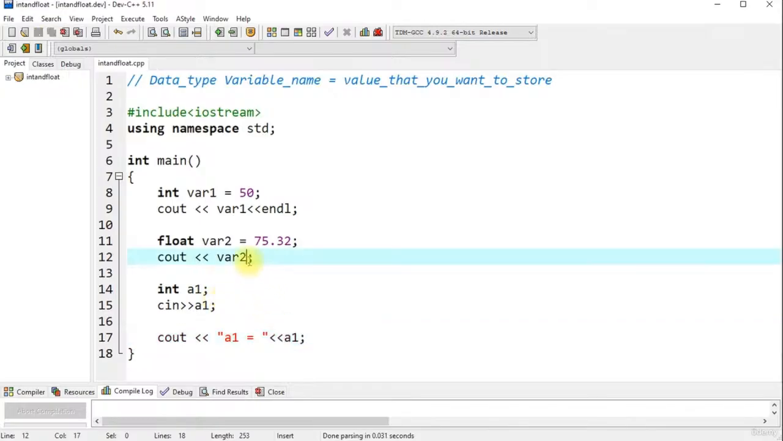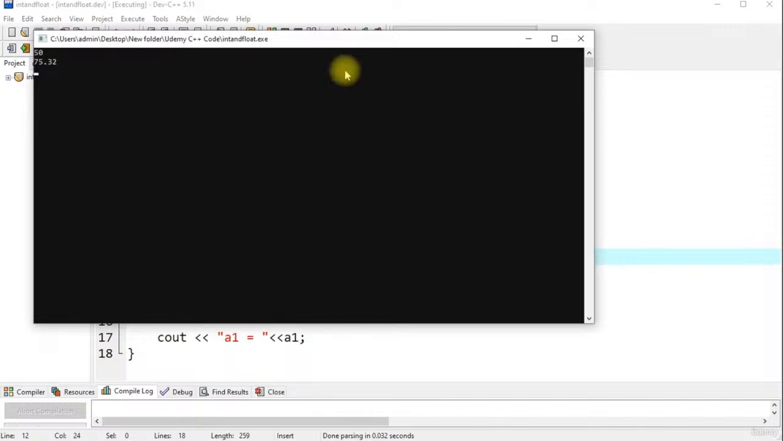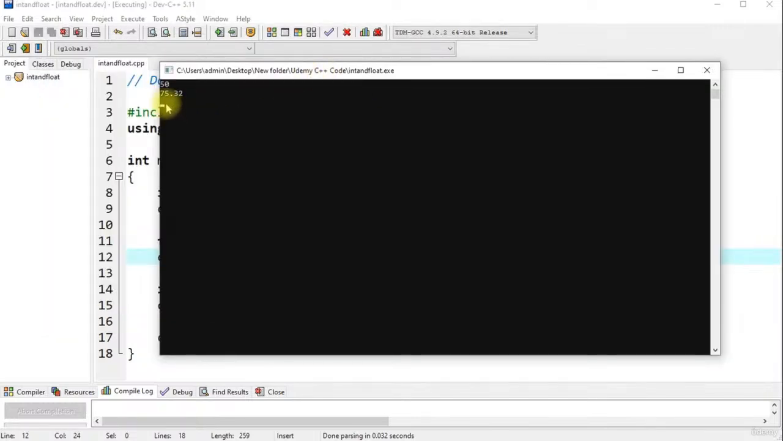So whatever value that I'll store into a1 will be visible over here. So let me save this code and run it one more time. So as you can see, if I enter 56, so I'm getting